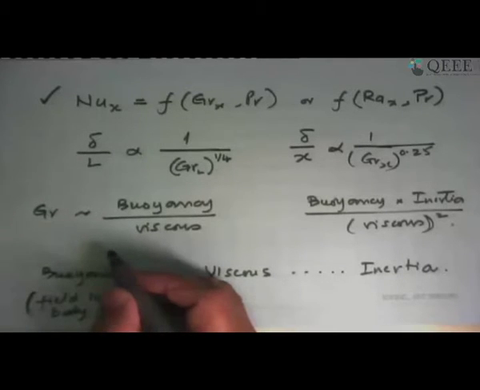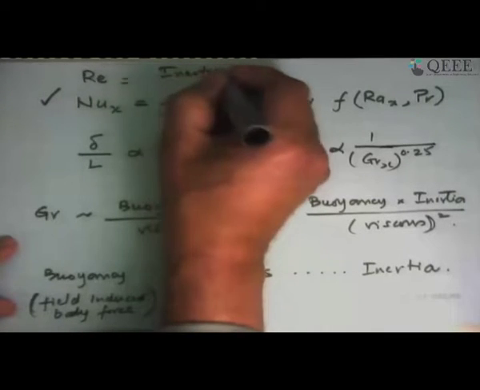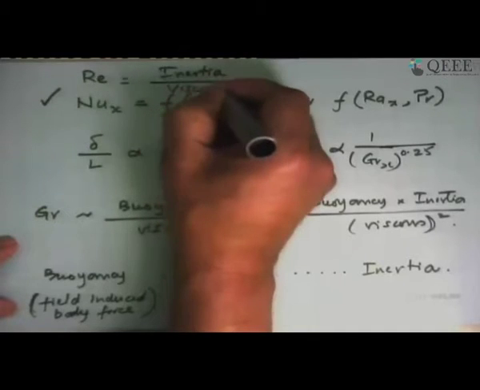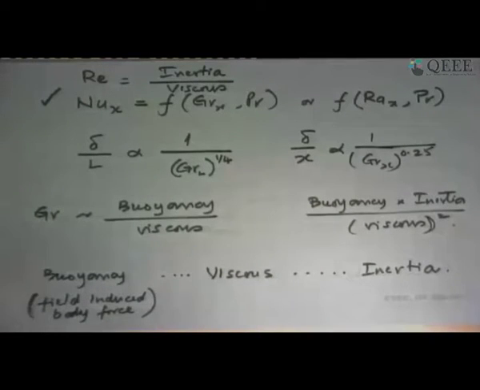The next thing is, let's see in terms of the ratio of various forces, what is it that Grashof number really represents? Earlier, when we looked at forced convection, we got Reynolds number, the ratio of inertia to viscous forces. Inertia force is what we learned from the first law of motion, the ability of something to keep moving in the same velocity direction unless something else happens. So if you have a lot of inertia, the ability of the viscous forces to drag it down is less. That's what Reynolds number was telling us.